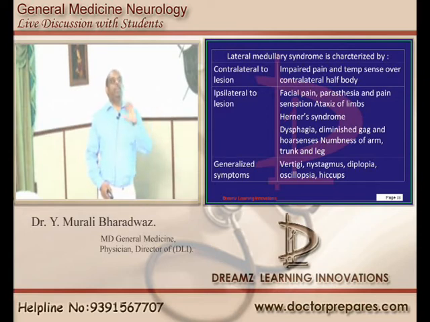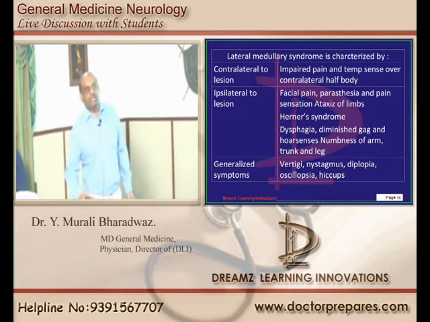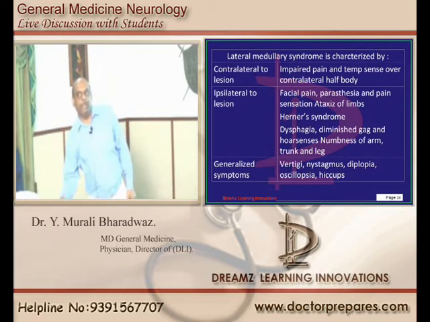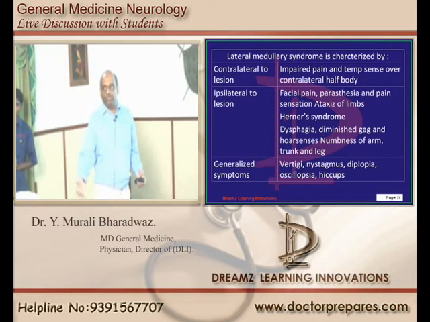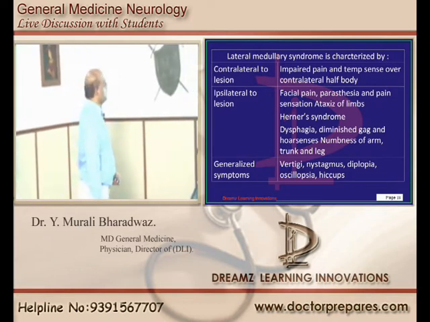Looking at the patient only, if he is having aphasia in a right-handed person, then the left cerebral hemisphere may bleed. Left cerebral hemisphere may bleed, so where do you expect the hemiplegia? Towards the right side. So if the person is having aphasia, you expect hemiplegia on the right side in a right-handed person, right? So that's how you need to make a habit of guessing the diagnosis.